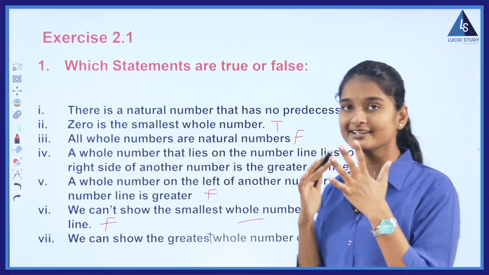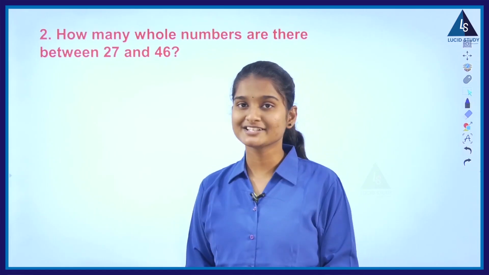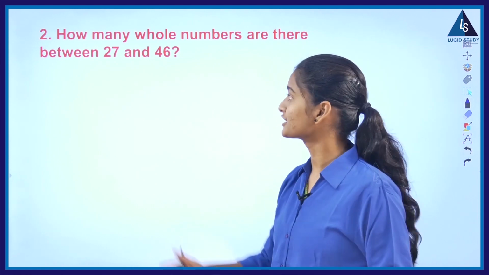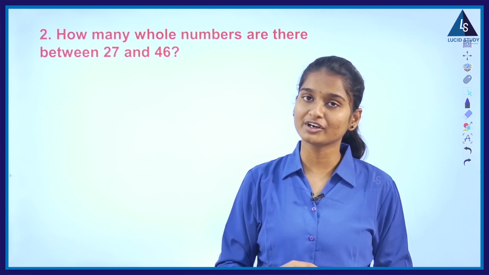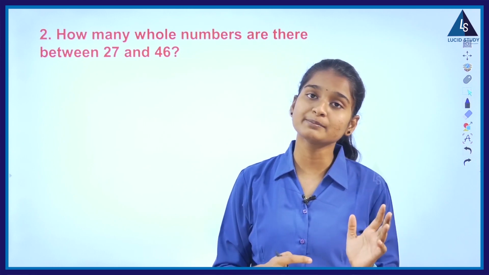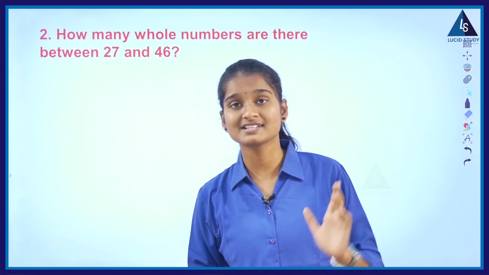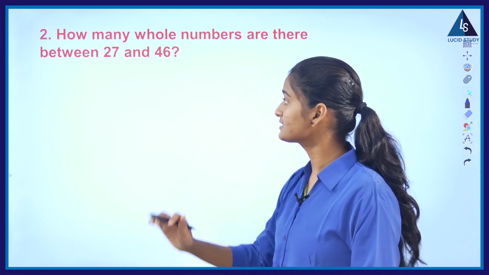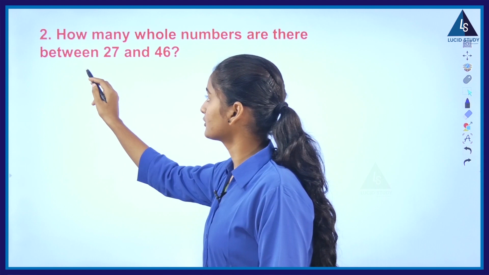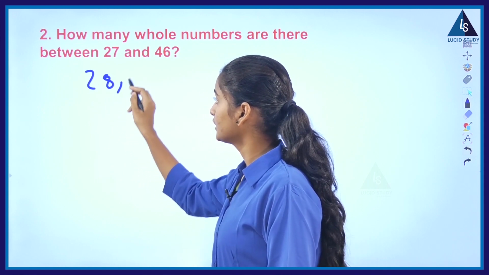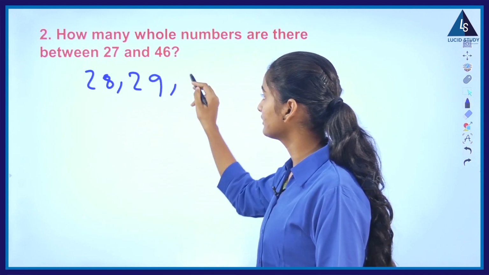So children, now let us go through the next one. This is the second question. How many whole numbers are there between 27 and 46? So children, whole numbers are nothing but natural numbers together with 0. Now let us write the whole numbers between 27 and 46. So 28, 29, 30,